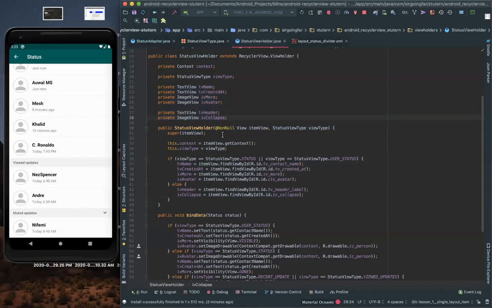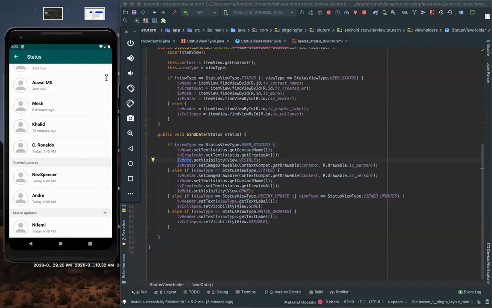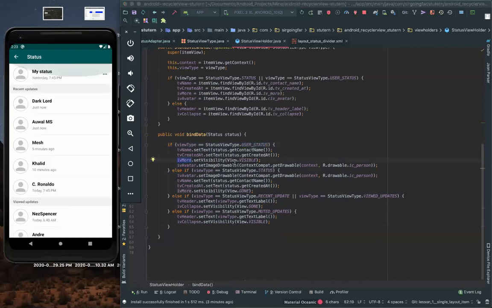So now by the time you're binding the data, the data for each of those views is different. For user status, you get this more icon, this more button. You can see the visibility is set to what? The visibility is set to true because it has this icon itself. So we set visibility to true because it's of user status. For other status,